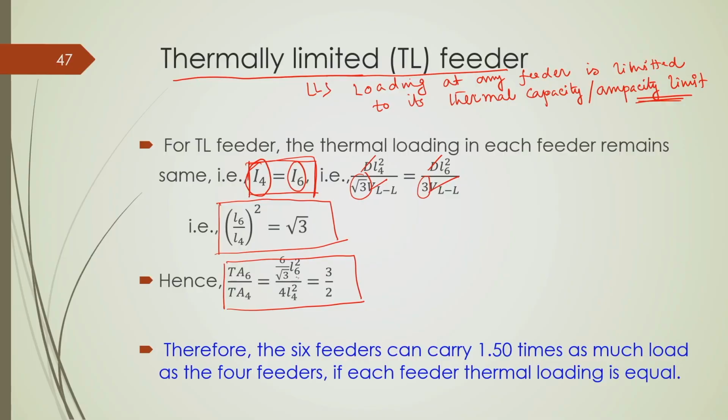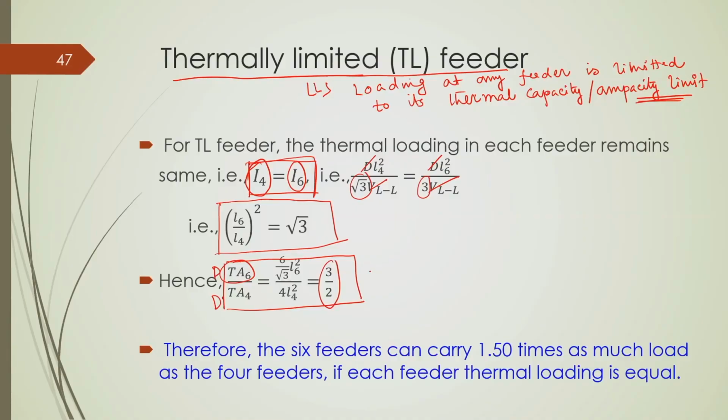You can find this simply by putting in their individual expressions, and that comes out to be 3 by 2. In the numerator, although it is area, if you multiply it with capital D on both sides, whatever you get will be the load served by the individual feeder of each type of substation service area. So, this is basically a ratio of load